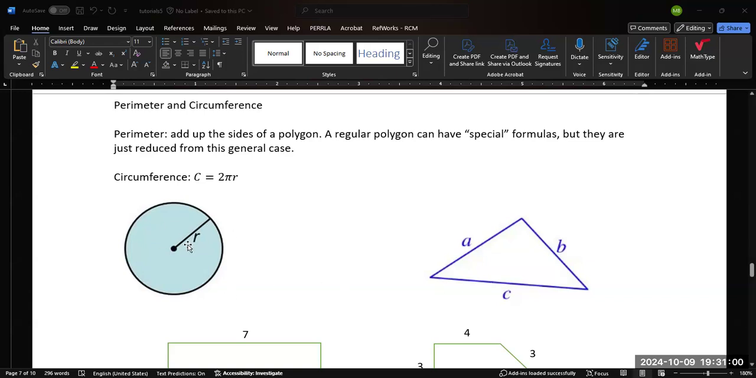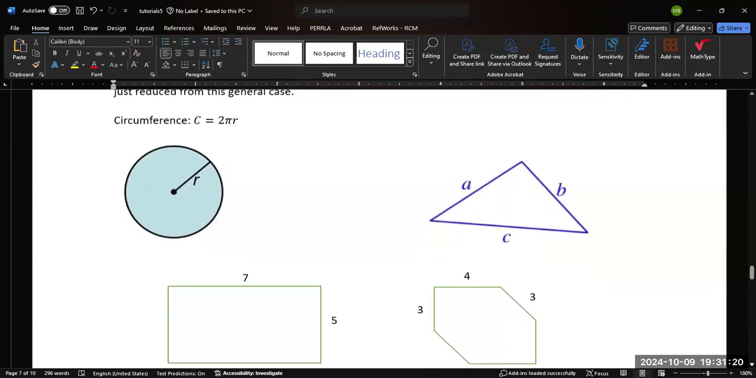In the case of a circle, the exterior distance is called the circumference. And so there is a special formula for that because it doesn't have sides. So let's look at some sort of simple examples, and then we can go on and look at a more